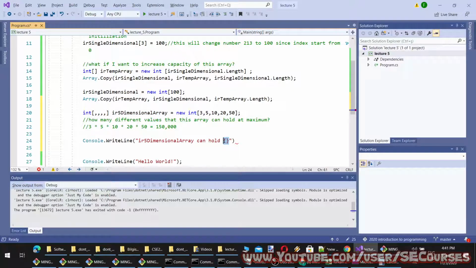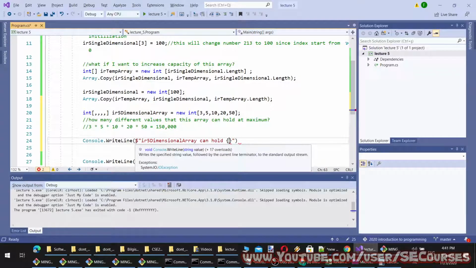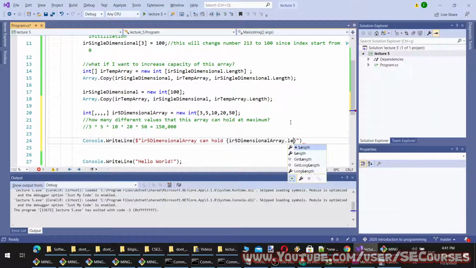You see, now this has no special meaning. This is treated as a part of string. When I put a dollar sign in front of it, it becomes like this. However, this is only supported after a certain version of C Sharp. If your .NET Framework version does not support it, you cannot use it. Currently, we are working with the latest version, therefore it supports it. And when I say length, it will get me the entire length. Okay, so let's run the application.